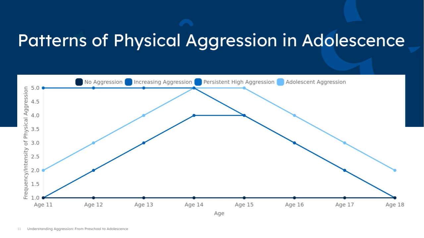These patterns are important because serious youth violence often originates during adolescence and tends to be linked with negative outcomes like dropping out of school, substance abuse, and difficulties in relationships. Recognizing these trajectory groups helps us tailor interventions and prevention strategies to better support youth at different stages and risk levels. Understanding this progression allows us to address aggression early and reduce its harmful impact as teens mature.